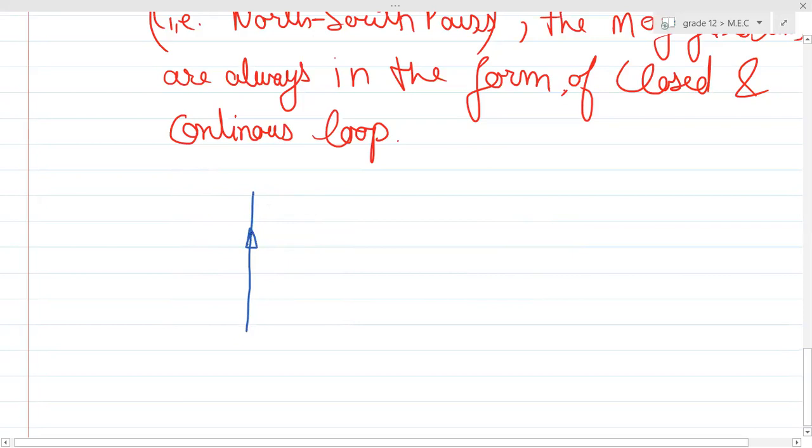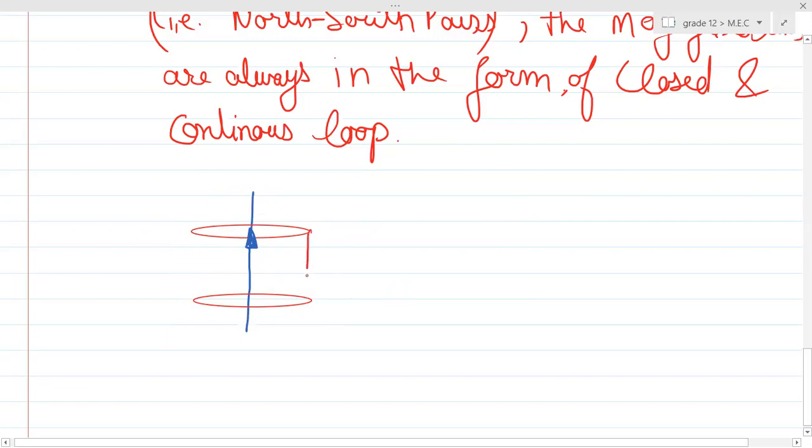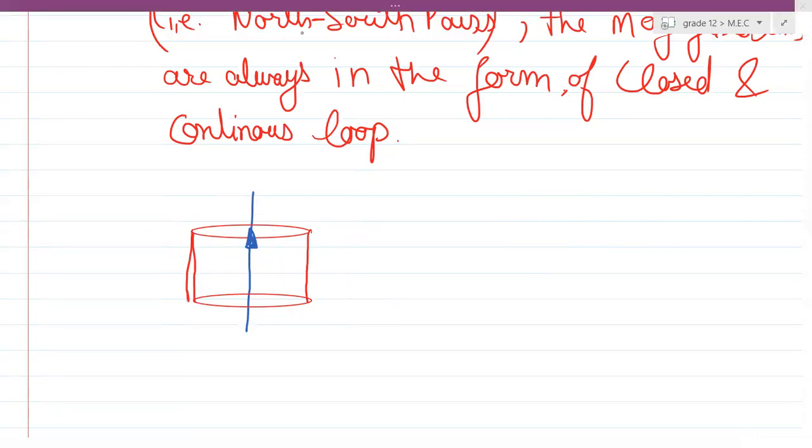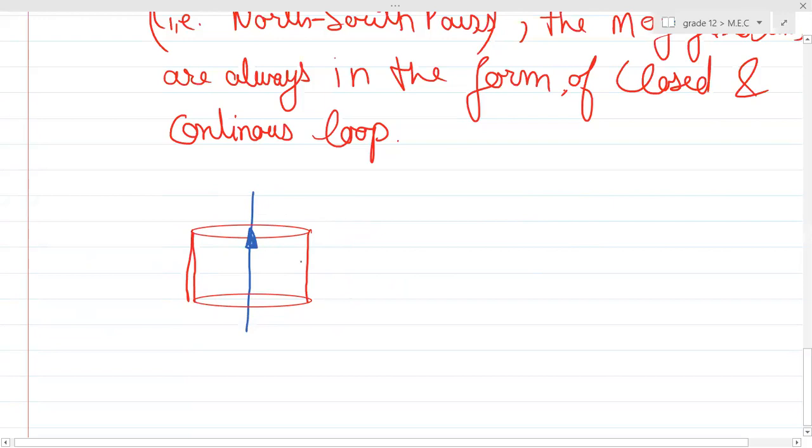Suppose this is your current carrying wire. This is the cylinder which I am choosing. The cylinder is the most symmetric shape for a wire, right? Yes, sir. So basically I have chosen a shape like this. This is my cylinder. Now tell me, when the magnetic field lines are inside, the magnetic field will not be associated with this surface, right? Even outside, it is not associated, but when the magnetic field lines are like this, passing along the circumference of this cylinder, right?